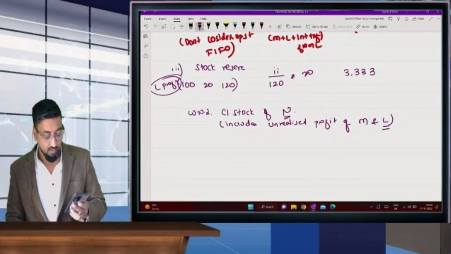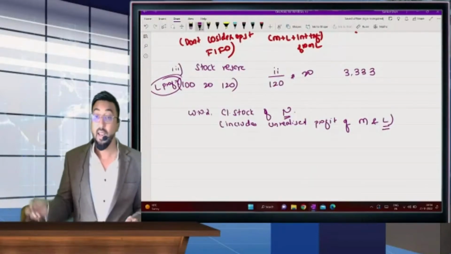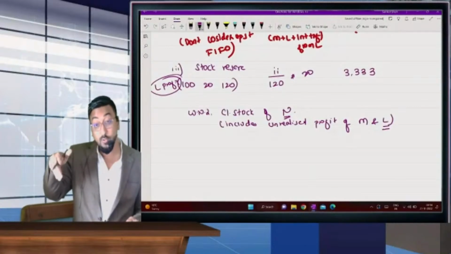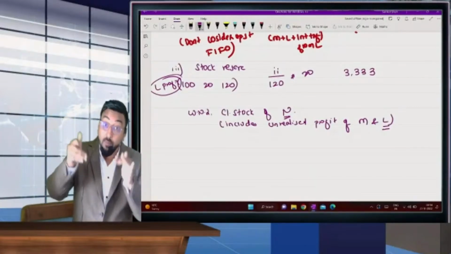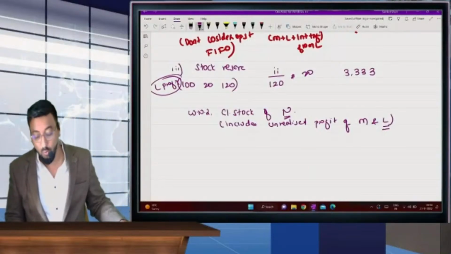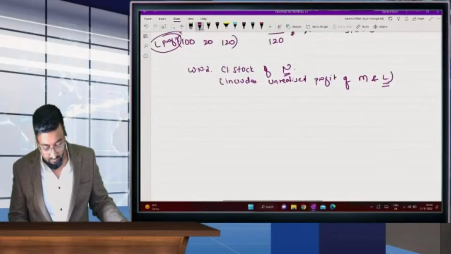मजा आया ना? एंजॉइंग? ओके सर, M's closing stock, L's profit, N closing stock, M's profit, but M's profit includes L's profit, so unrealized profit. Oh, full हेरा फेरी।